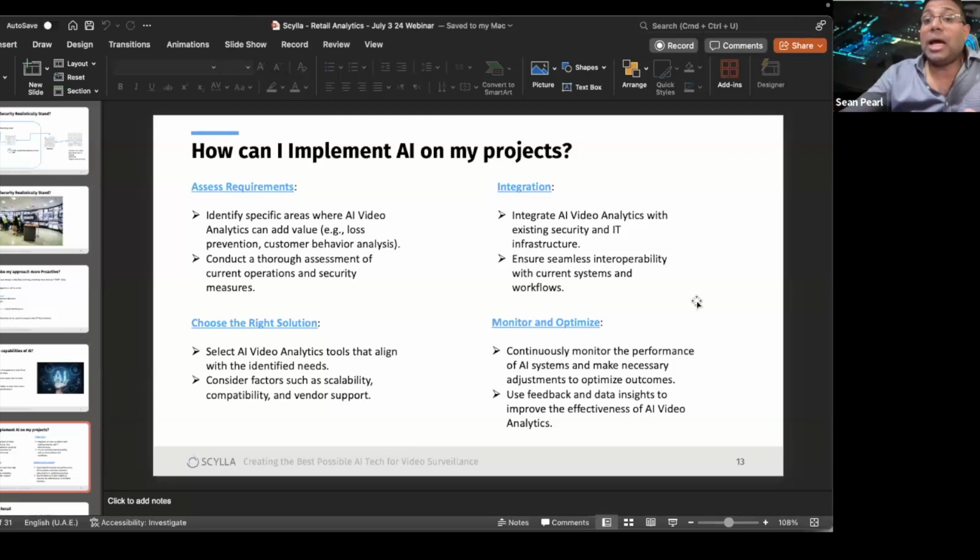Step number three, and this is a very important aspect, is integration. You have to consider how your AI system actually integrates with the existing security and IT infrastructure. You might be required to have a single interface wherein everything is displayed, all of your CCTV operations and all of your analytics, which could be the video management system.